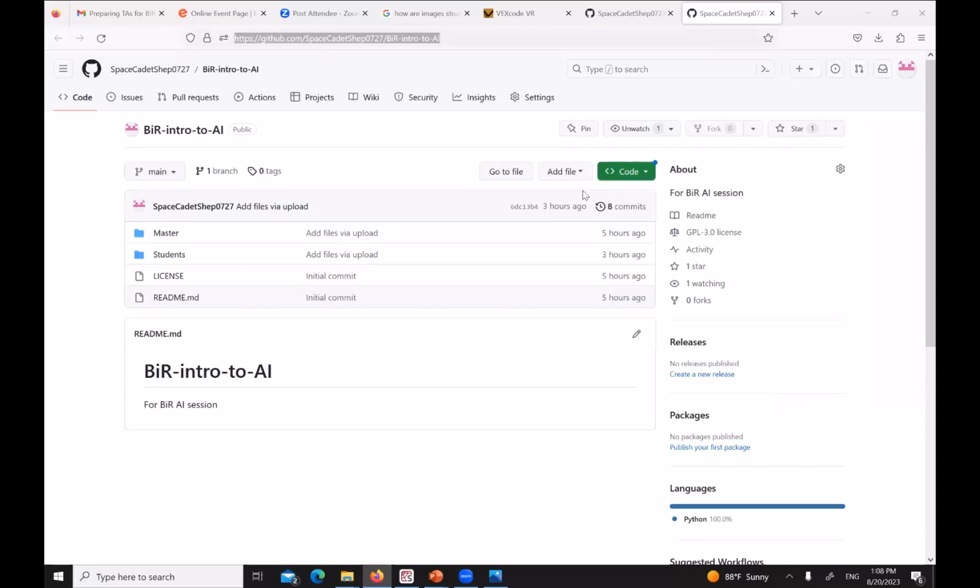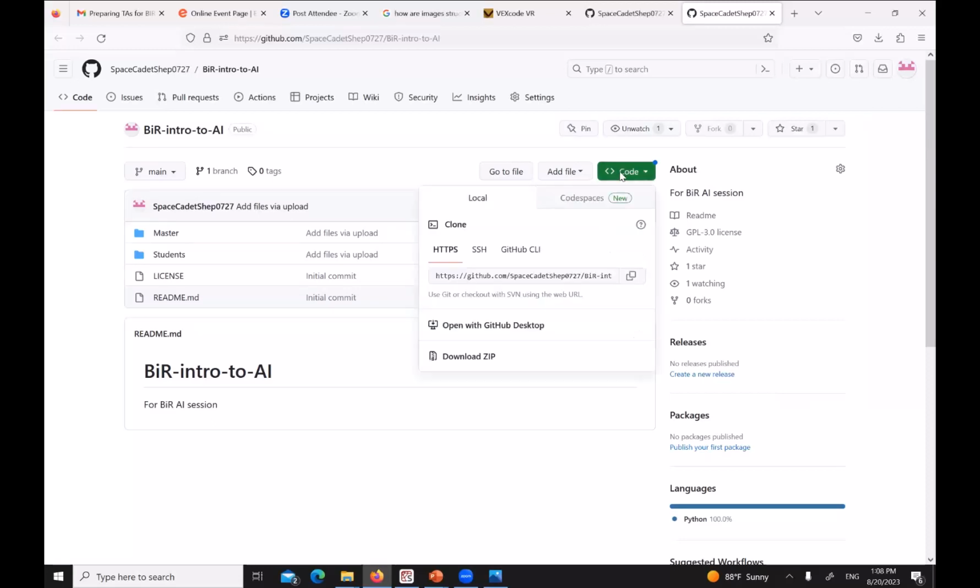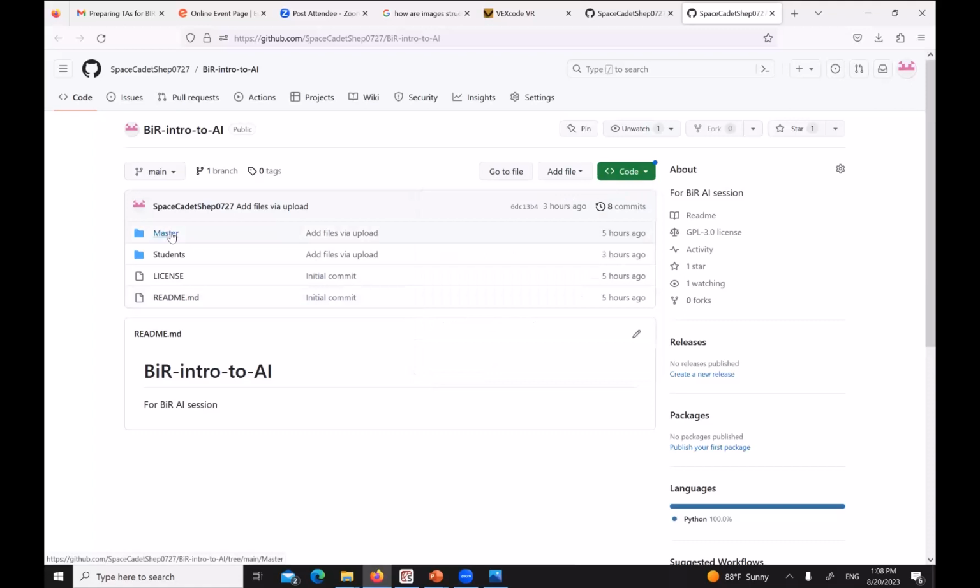I'm not really developing this. You don't have to make different branches. This is just a way for everybody to get the same folders. So if you hit the download zip button, you can just download this repository and then extract it wherever. TAs, your copy of the code is going to be located in the master file here,